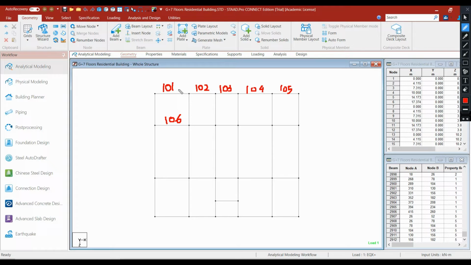So why are we doing this kind of renumbering? This is because if we have renumbered our members in a correct sequence, then it will be easy for us to interpret the results. You might have seen this kind of renumbering in any hotel or hostel, where all the ground floor rooms are numbered 101, 102 and so on. Similarly, all the first floor rooms are numbered 201, 202 and so on. So we will apply a similar kind of renumbering to our structure as well.